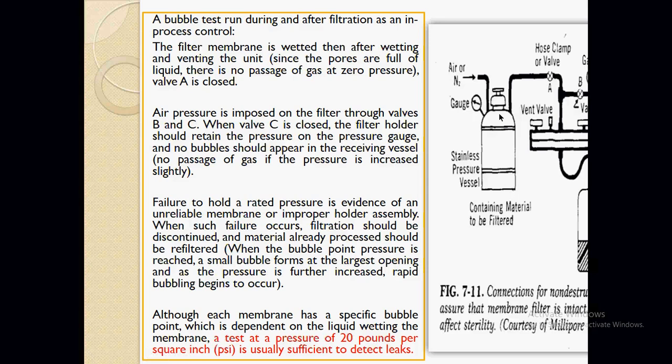Now, before we start the air pressure, the filter membrane is wetted. قبل ما نبدي نسوي integrity test. احنا هنا ما نسوي filtration, just check the membrane. So the filter membrane is wetted, نبللها. Then after wetting and venting the unit, since the pores are full of liquid, there is no passage of gas at zero pressure. راح ارجع ابللها واخليها هنا in this system, in this device. ونقفلها للسيستم مالتها, there is no leak. And then air pressure is imposed on the filter. راح اعبر من غاز. The valve is closed. راح امرر غاز من هنا. ايش راح يسوي هذا الغاز؟